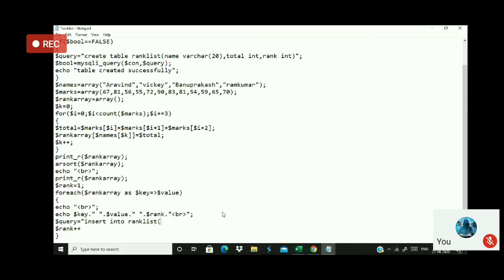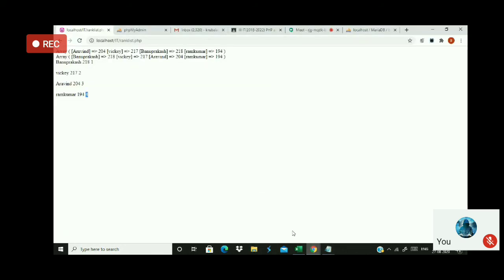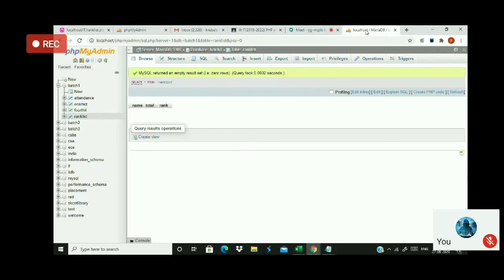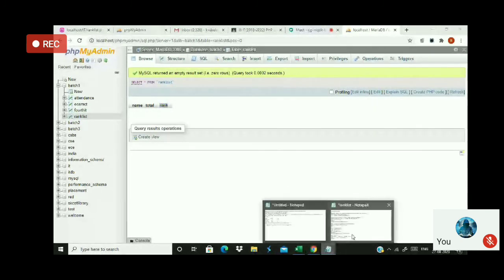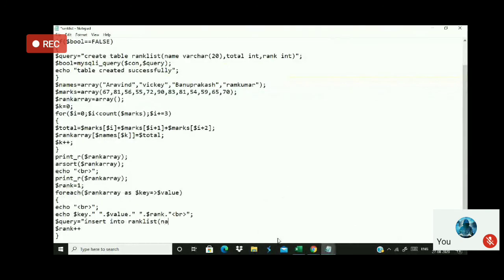And now, what are the three values I have to push? Now check inside the table. Inside the table, the field names are name, total, and rank. So I have to mention name as the first field, total as the second field, and rank as the third field.